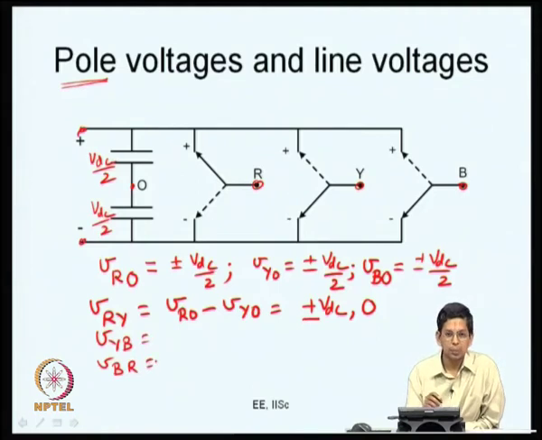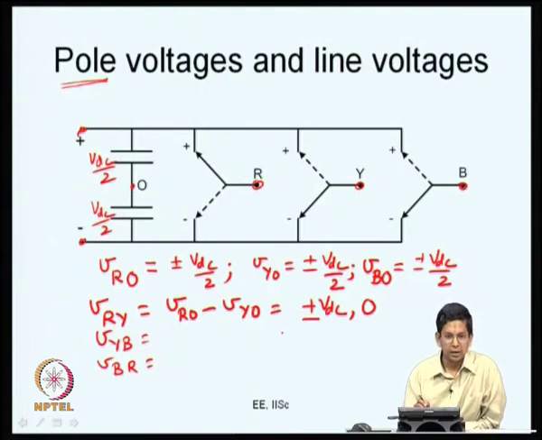So, these are the pole voltages and the line to line voltages, to be specific now. All of them will take values. The line voltages will take either plus VDC, minus VDC or 0 as the possible values now. Then you can have further voltages defined here. Let us say you assume there is a 3-phase load, and the 3-phase load is a balanced, star connected load.